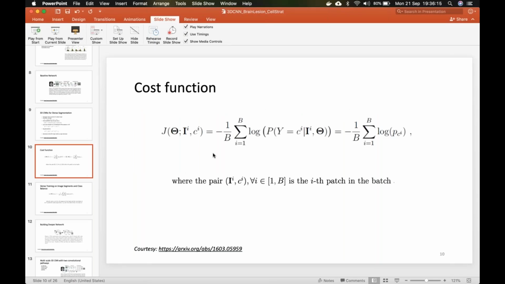If you put a negative, it becomes a loss that you have to minimize; if you remove the negative, it is a likelihood estimation that you want to maximize. This is similar to a classic CNN, only it is three-dimensional. Whatever we see in 2D segmentation is expanded to 3D segmentation in this particular case.